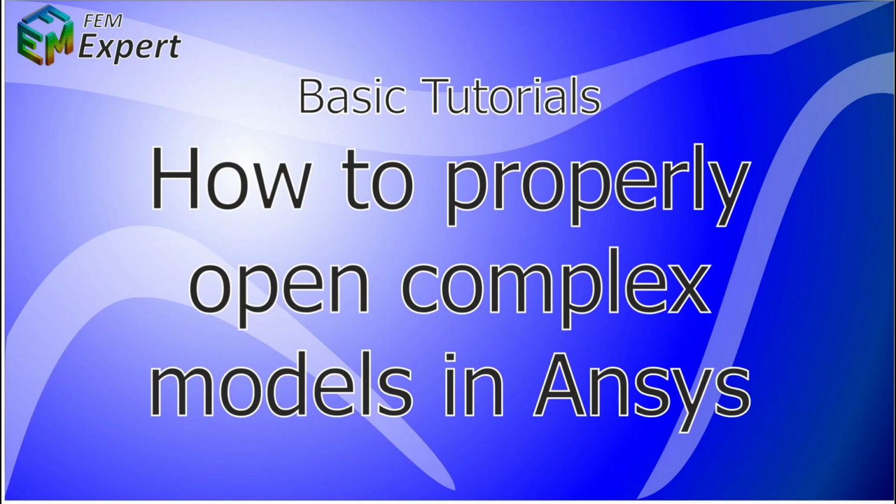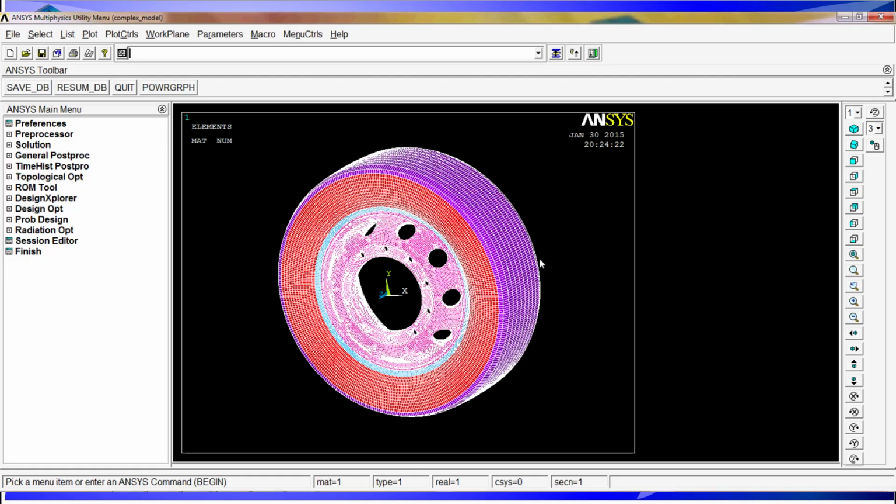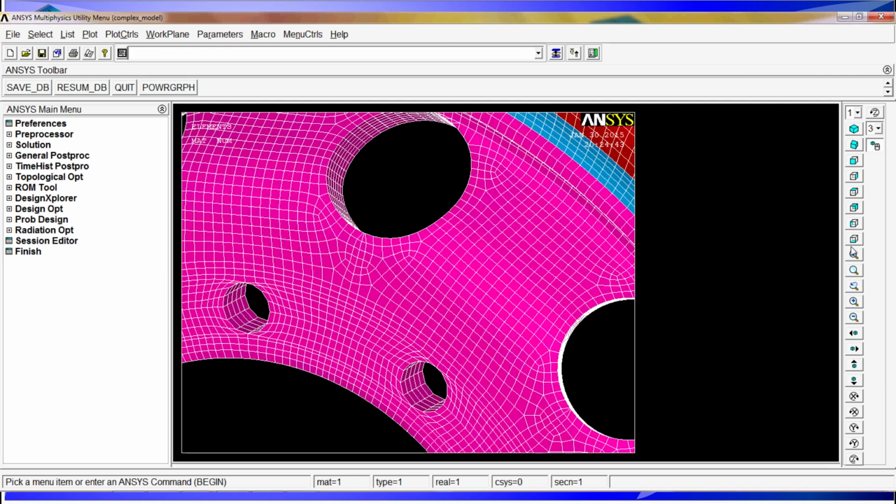Today we will present you a basic tutorial in which we will show you how to properly open complex models in Ansys. For this tutorial we're gonna have this model of a wheel, which is quite complex. There's a lot of elements, different types of elements, and a significant number of nodes and elements. We're going to zoom in a little bit. You can see there's a lot of stuff here. We're going to zoom out the model,